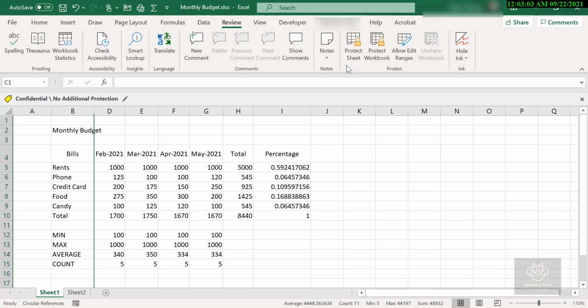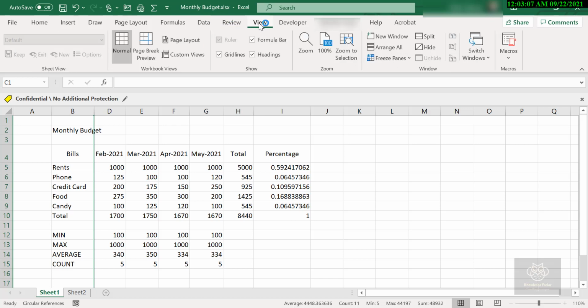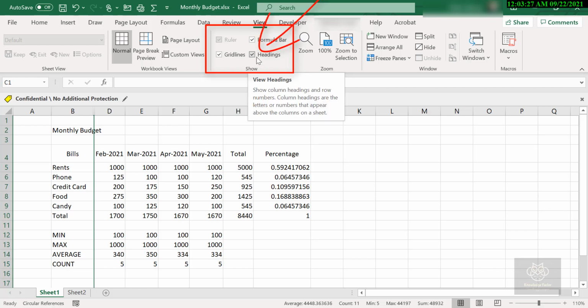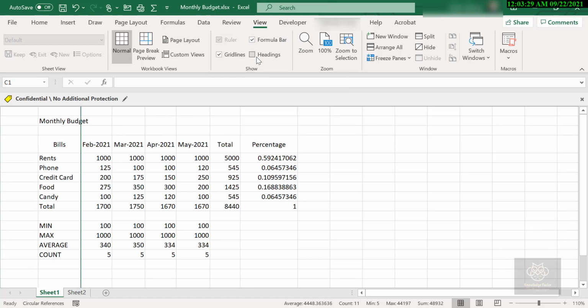So I'm going to give you one more little tip here. On the view tab, top of your screen, right, there is also a show section with check marks. So this is the view. You got show with a little check mark in there. One of them is heading, right? And this is something small, but if you uncheck that option for heading, I no longer see the A, B, C or the 1, 2, 3. The headings of the rows and columns are gone now.